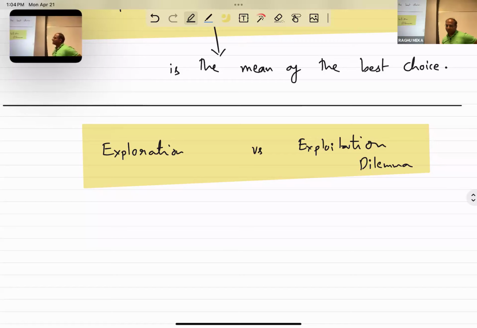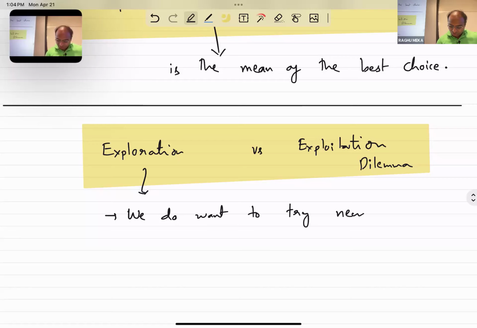Okay. Exploration means that somehow we do want to try new choices. They could be really terrible and we'll incur some loss of revenue if we do that. But on the other hand, if we don't explore, kind of take this risk, we won't even know if there are better options out